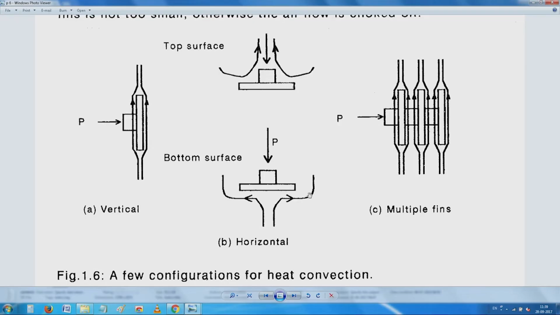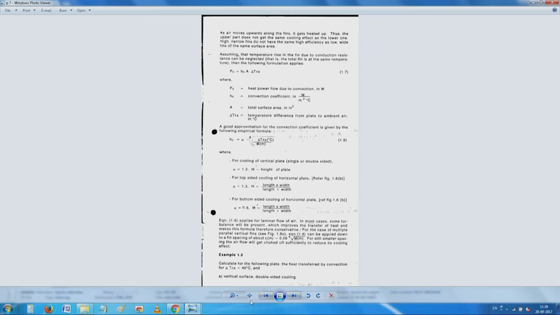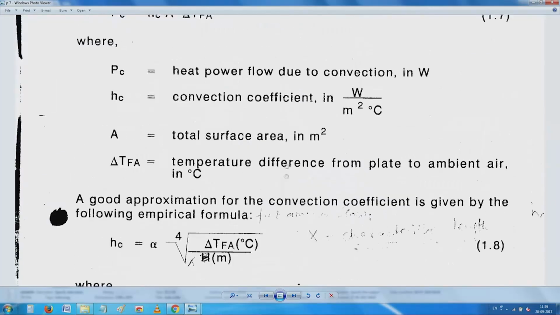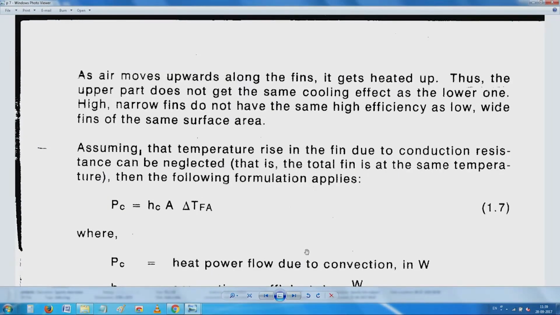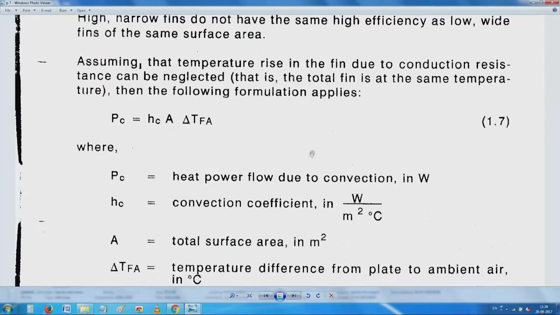So, the next slide points us to the fact that as air moves upwards along the fins, it gets heated. The upper part does not get the same cooling as the lower one. High narrow fins do not have the same high efficiency as low wide fins of the same surface area. Temperature in the fin due to conduction resistance can be neglected, that is, total fin is there, and then we